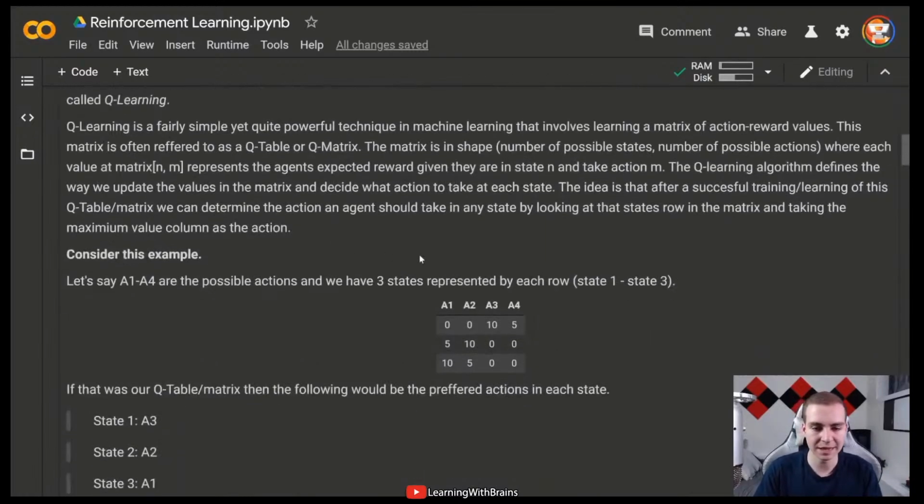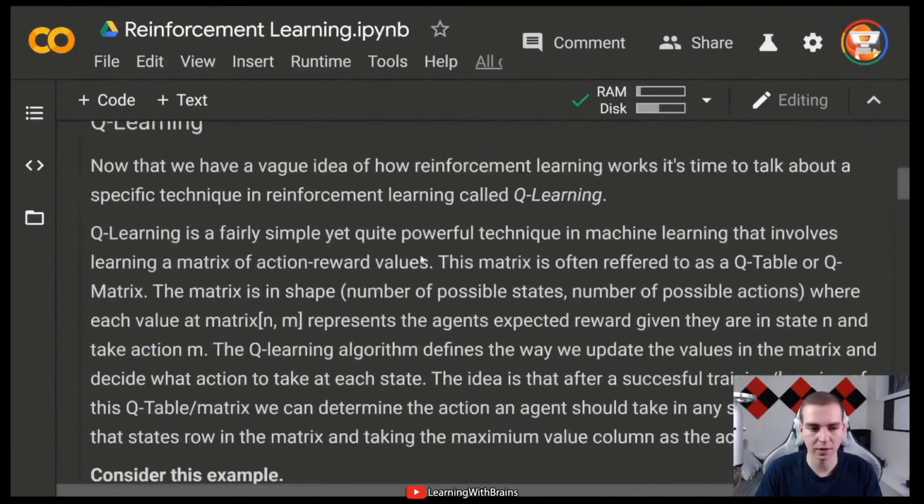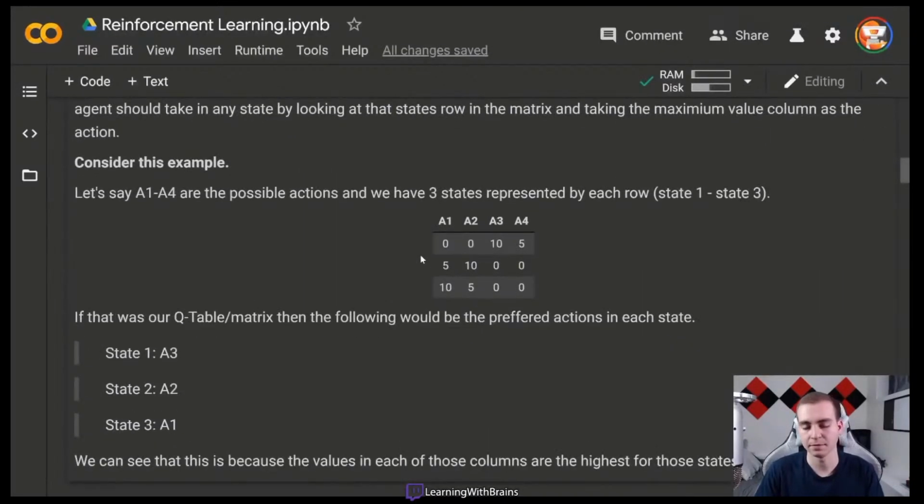and as the columns every single action that could be taken in all of those different states. So for an example here, and I'll do one on the whiteboard later on if we can get there, we can see that this is my Q table. What I'm saying is that we have A1, A2, A3, A4 as all of the possible actions that could be performed in any given state. And we have 3 states, denoted by the fact that we have 3 rows. And the numbers in this table, or this Q matrix, Q table, whatever you want to call it,